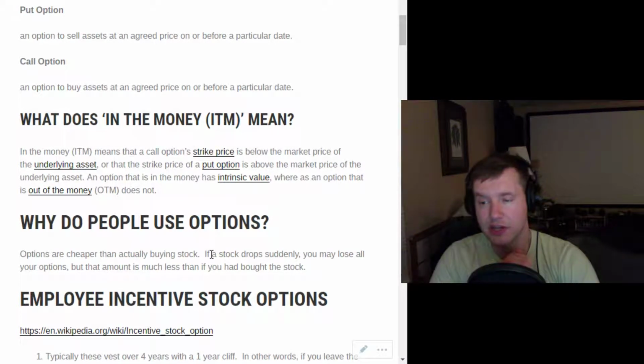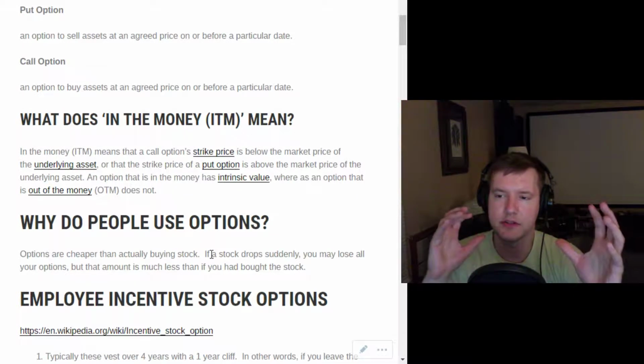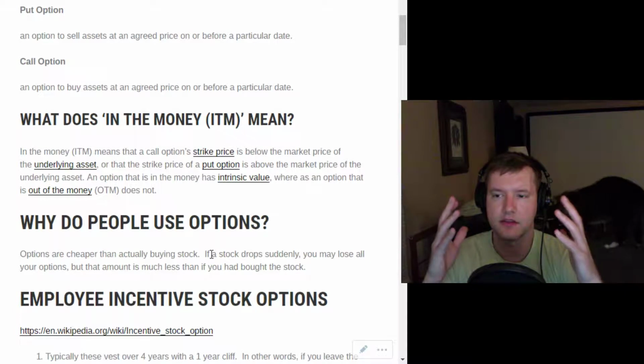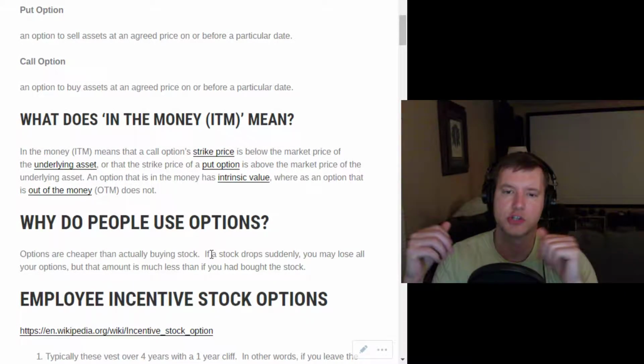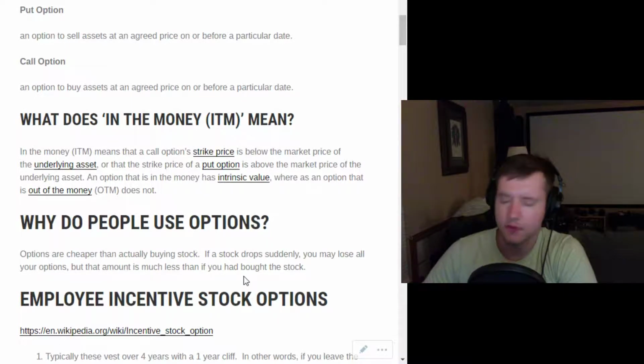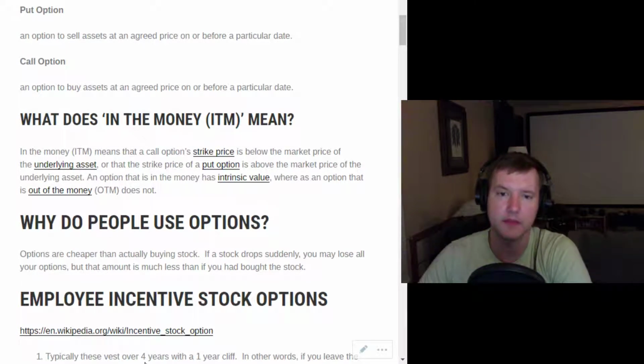They call this hedging in the business, where you would buy some stock and you'd buy some options. And basically, by buying those options, you limit your downside if the stock falls a bunch. And of course, you pay money to do that because you have to pay the price to buy those options. But that's how they're used.